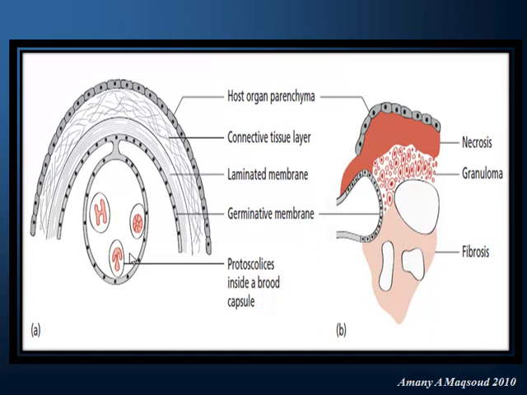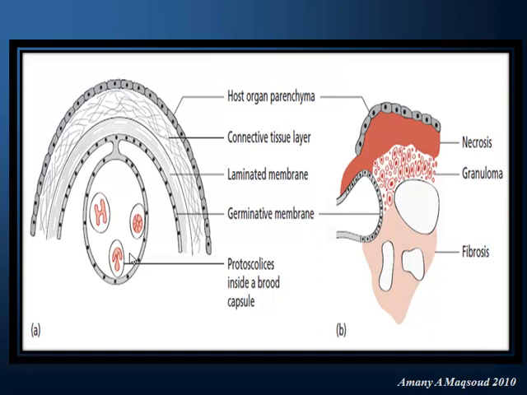The cyst contains two parts, a part related to the host and a part related to the parasite itself. This is the laminated layer around the germinative layer. The germinative layer is the one we are aiming at for destruction when we do the PAIR technique. And from this germinative layer arise the brood capsules containing the protoscoleces, which will be the head of the adult parasite. All these parts are related to the parasite, and outside this is a tough capsule formed of fibrous tissue